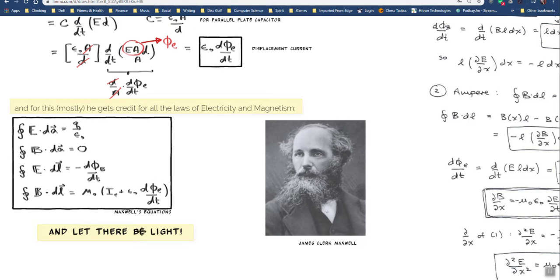And then I wrote, and let there be light, because it turns out that if you manipulate these equations, especially if you look at the situation where we're just in a vacuum, so that there's no charge, then E dot dA and B dot dA are completely symmetrical. In a situation where